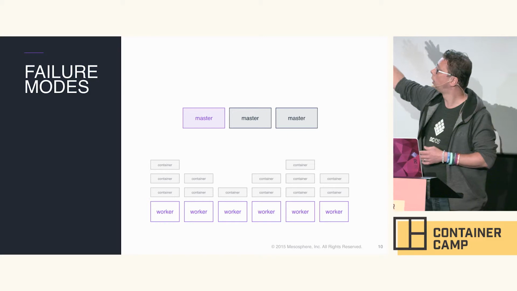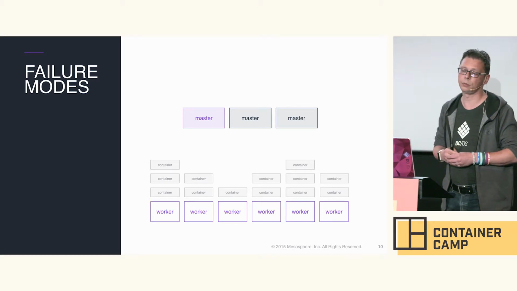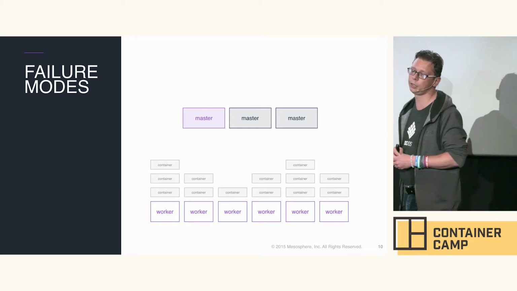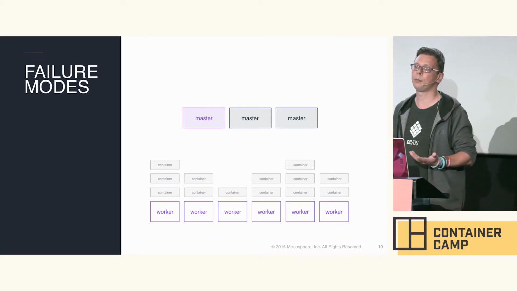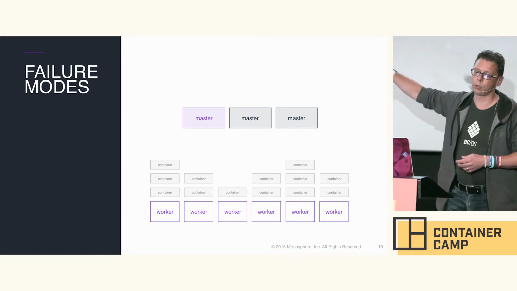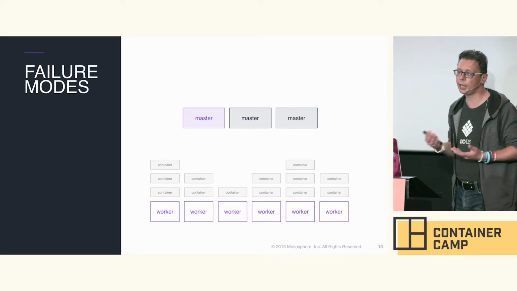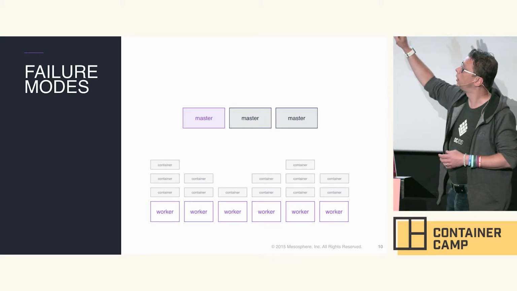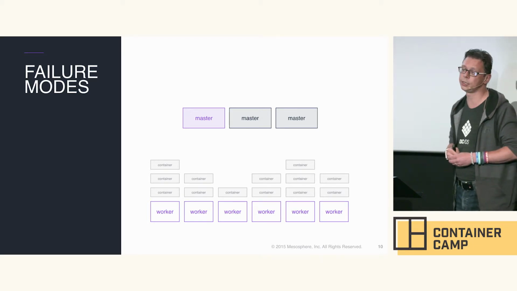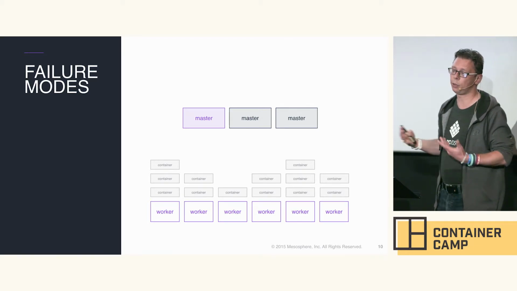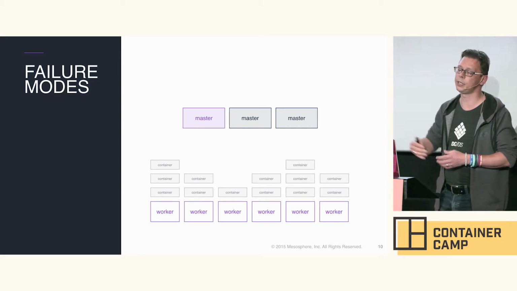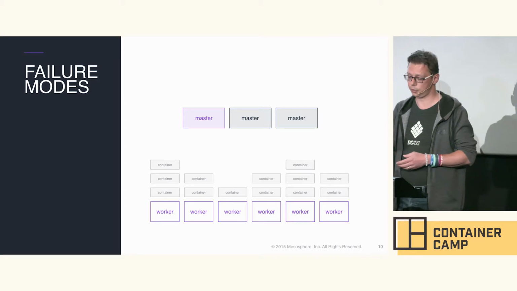The same is true on the worker side. So if you have, for example, Docker that depends on a daemon sitting on the worker node, what happens if an entire node is taken out, or the daemon, or one of the containers, and so on. And again, not to forget the network partitions that can happen here, especially, as I said, for stateful stuff where you have replicas flying around and you need to figure out what happens. Can I still write to a database? Will my data still be available? And so on.